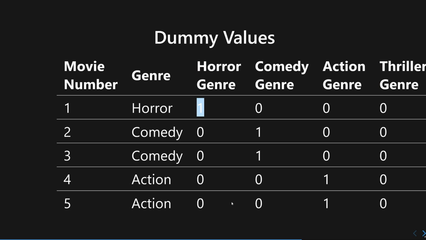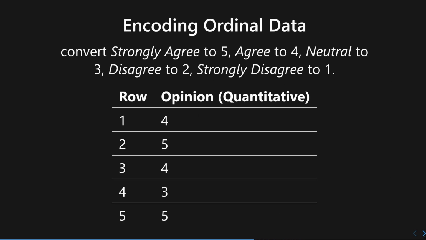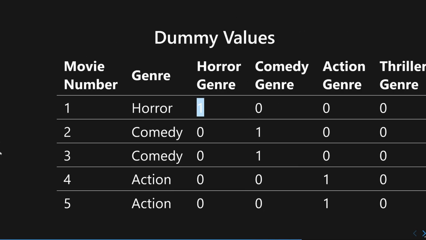While dummy columns are not as meaningful as encoded ordinal values like these, the conversion from qualitative to quantitative will help during the modeling phase of analytics. For now, we can't really appreciate what this conversion does for us. Right now, it just seems like we're adding extra columns when we can just summarize this into one. But this has a use. We just can't discuss it right now because it's a little bit outside of the scope for today.